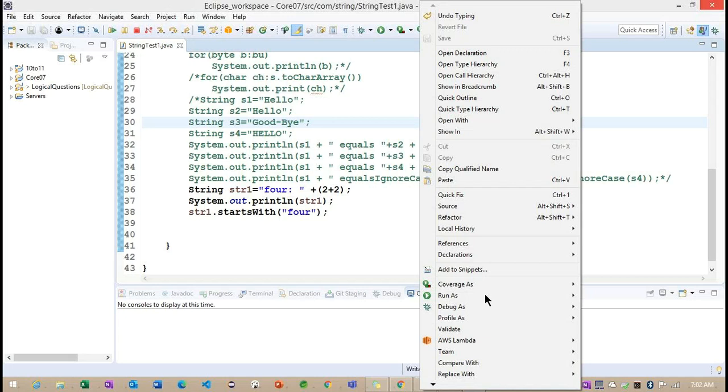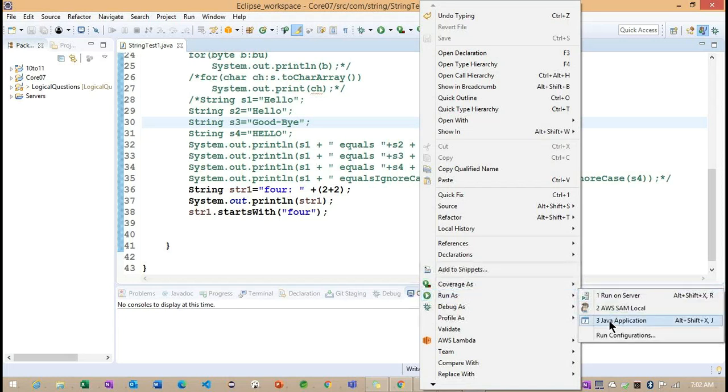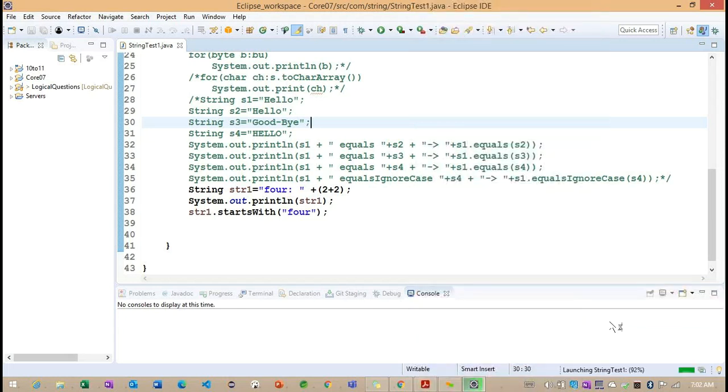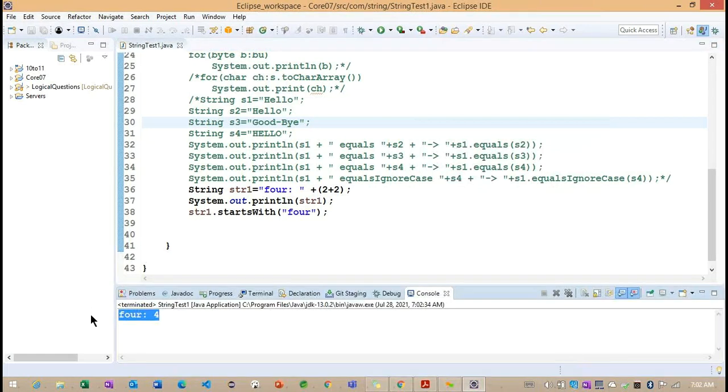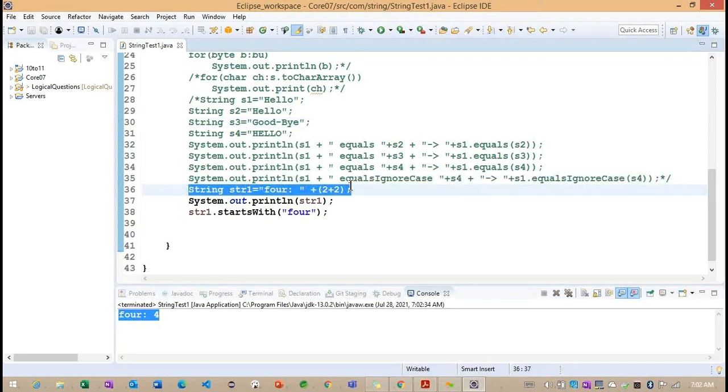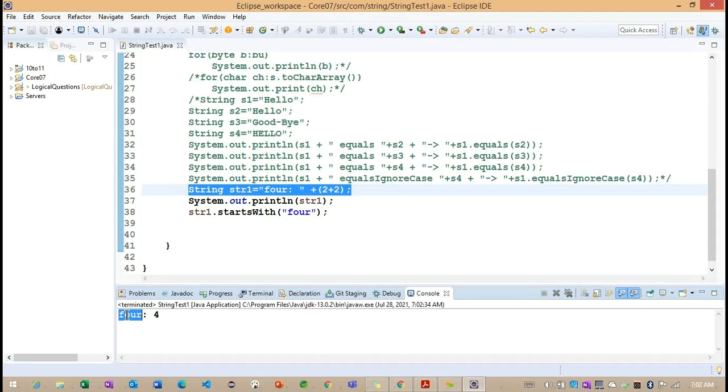One second, Eclipse is a little bit slow. Observe here, 4, getting the point. Whatever string we gave, which is located at line number 36, is starting with the 4 string. 4 is a string message here.